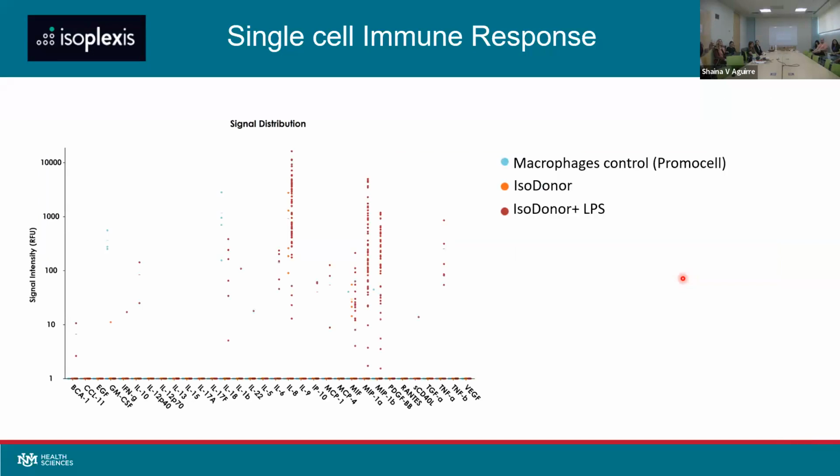I'm just showing you one graph as an example. This is measured in relative fluorescent units. Here I'm using control cells with my panel, and each one of these dots is a cell, showing the intensity of each one of the cytokines. I tested the macrophage control, which is these blue dots, and this IsoDonor and this activated